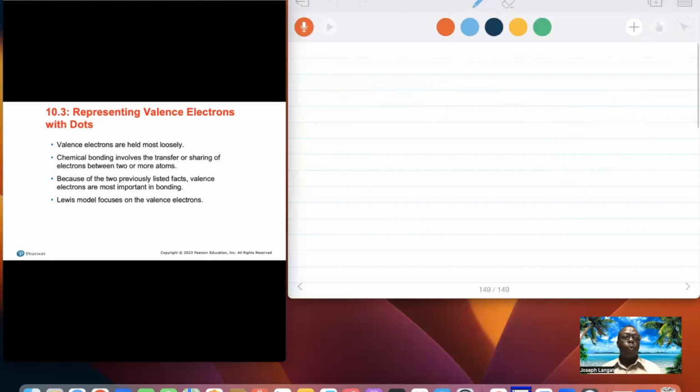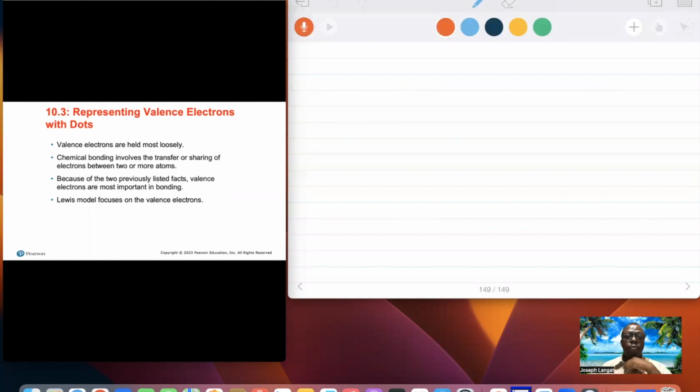In the Lewis model, we represent the valence electrons using the dots. These dots represent electrons used in chemical bonding. Sometimes they can be shared or completely transferred from one atom to the other. These valence electrons are the most important in chemical bonding. So as we move forward in chapter 10, remember the Lewis model